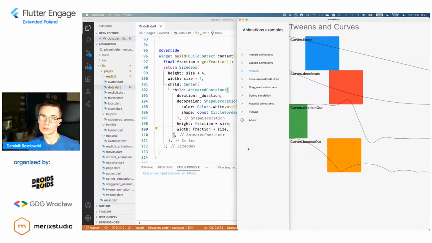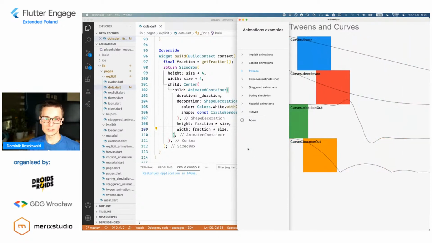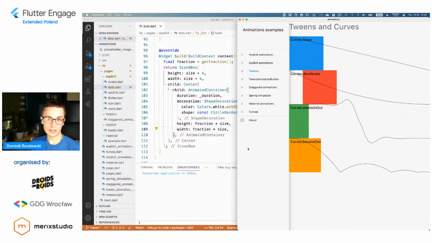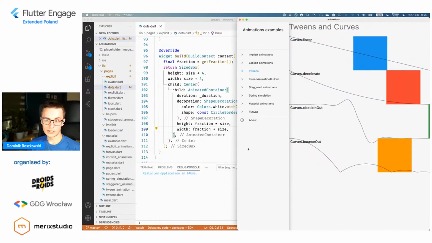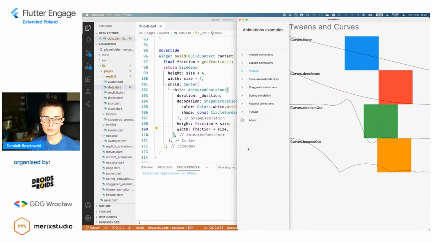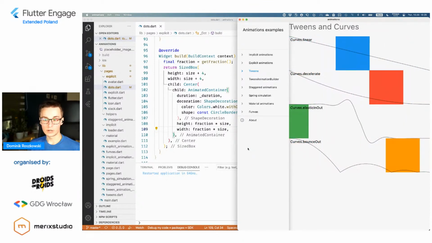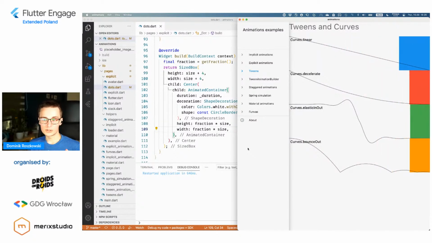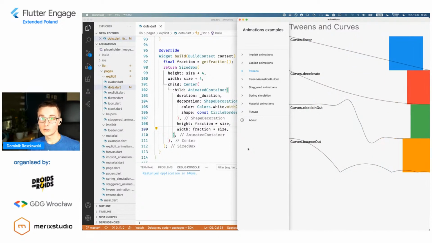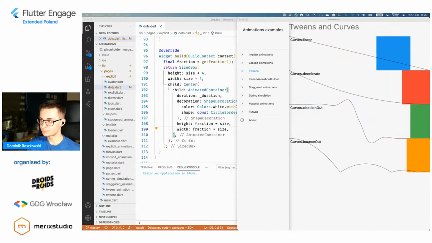So for instance, when you open something on iOS, it's often using the decelerate curve. Then you have elastic in, elastic out. This is maybe useful if you have some kind of a bouncing ball or something like this, and you want to have some kind of elastic behavior. And also the bounce out also shows some kind of reminiscence of some kind of physical object, right? The orange box goes to the right and bounces off of the wall, and this looks more or less like some kind of physical object.